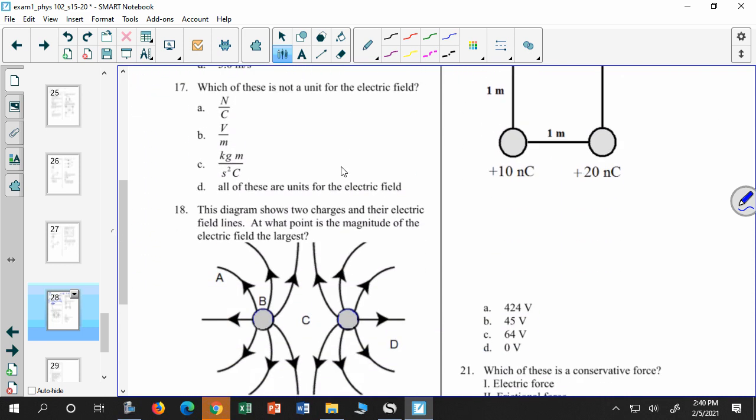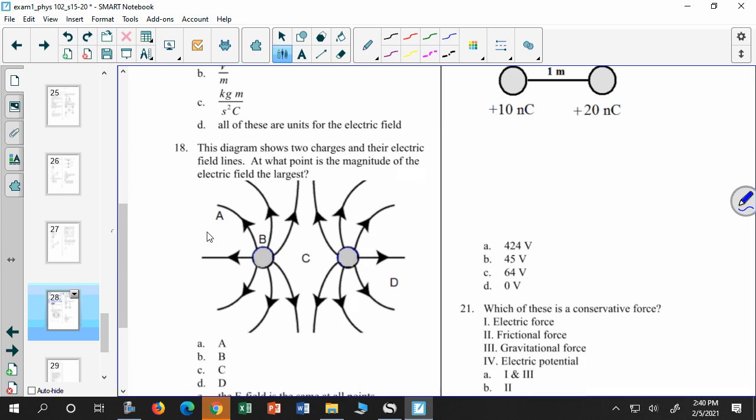All right. Look, there's an electric field where it's, what's that? Is that positive or negative? 18. Those are positive, right? Because the arrows are coming out. They always come out of positive charges. What is the answer? Oh,